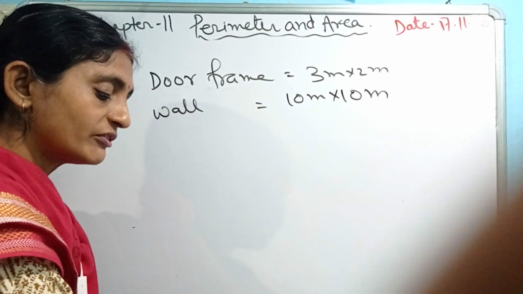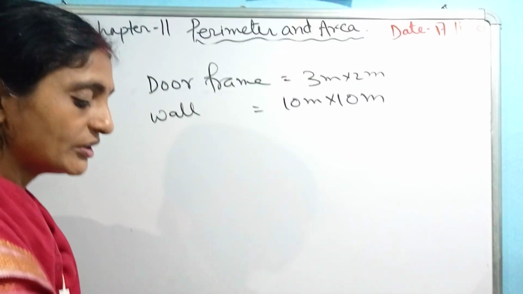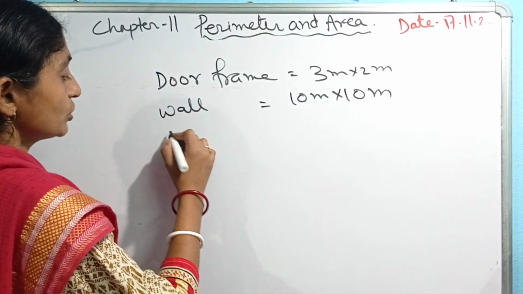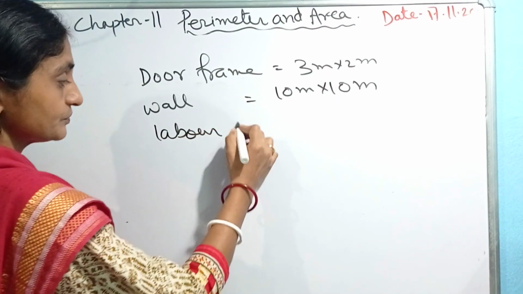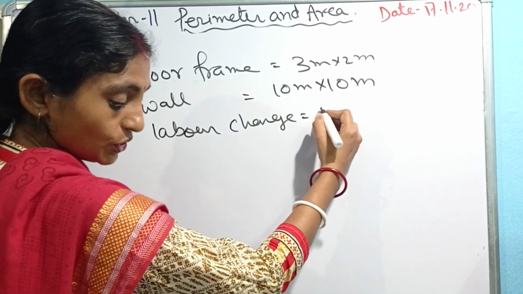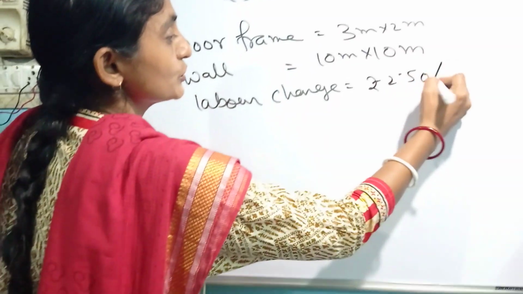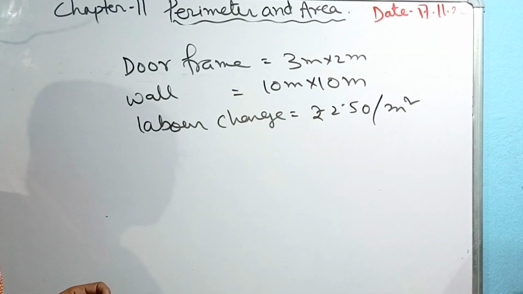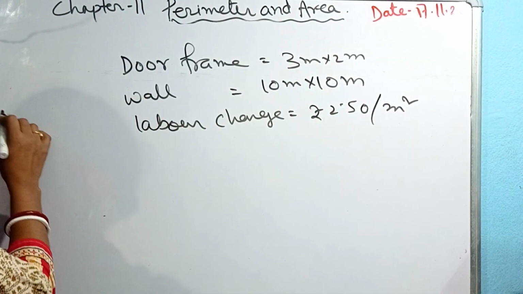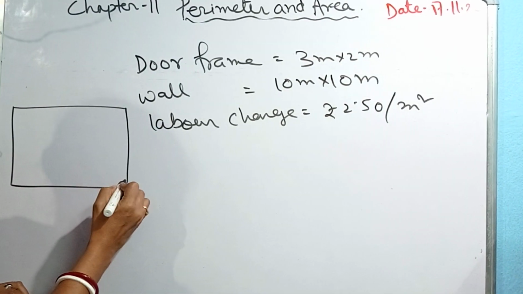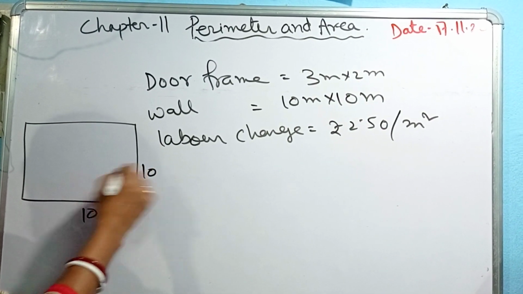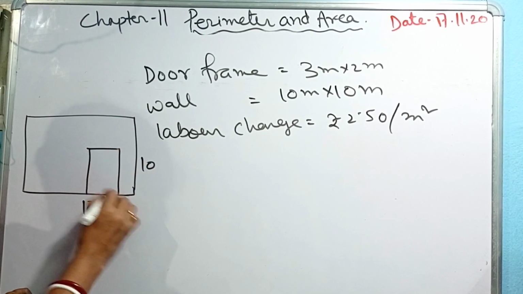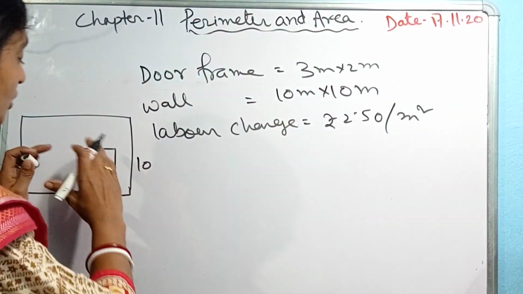So find the total labor charge for painting the wall, if the labor charge for painting 1 meter square is rupees 2.50. So the labor charge is rupees 2.50 per meter square. This is the gist of this question. Now we have to find out what the cost will be. If we consider this is the wall of 10 into 10, and on that wall you have a door, that is 3 by 2. When the wall is painted,